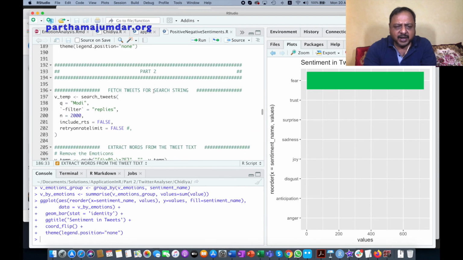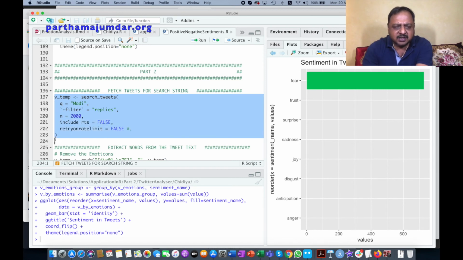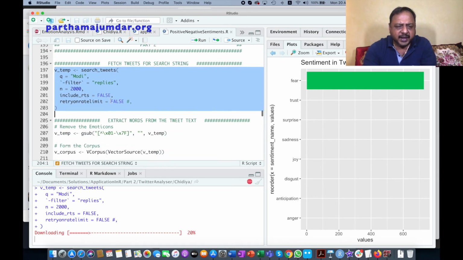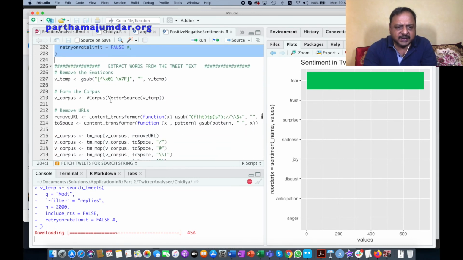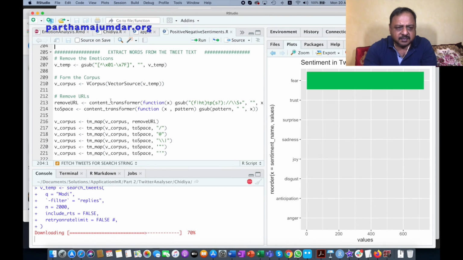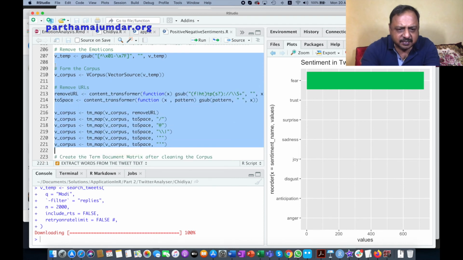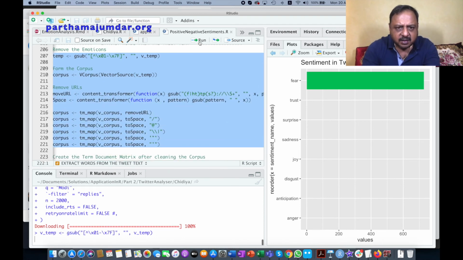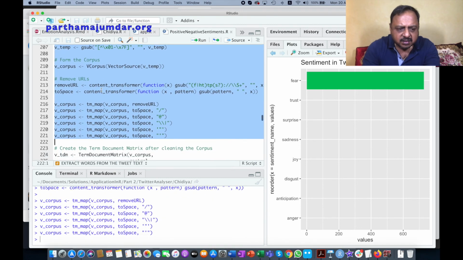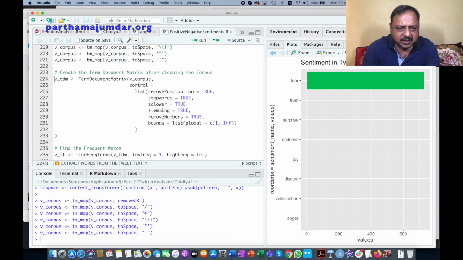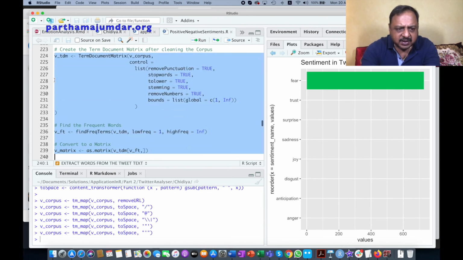Now let's run through one more example and see the effect. This time we will run through very quickly. So we will fetch the tweets for a particular search string. The search string is Modi. The tweets are getting fetched. So there it's done. Next, we will remove the emoticons and the URLs. That's also done. Next, we will clean the corpus and